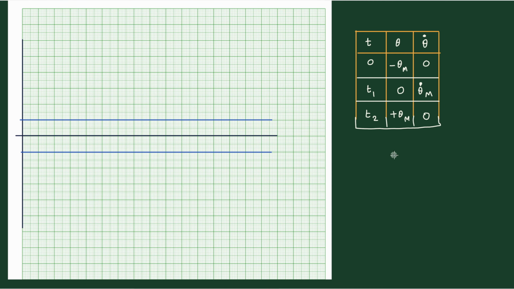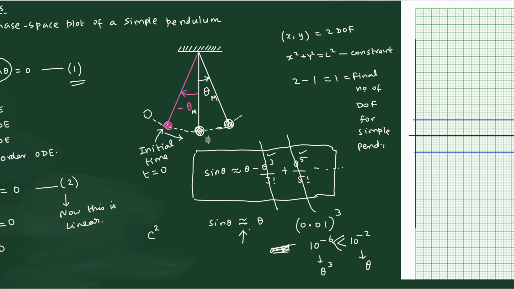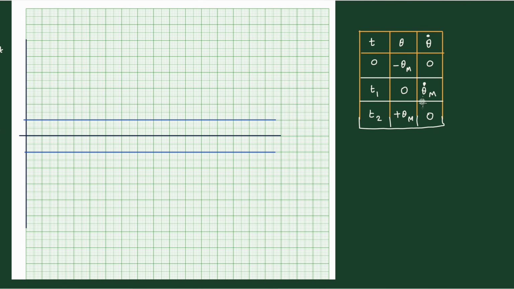How will the speed be 0? That's quite simple. You only have to refresh by looking at this particular point. When the bob is coming like this, in this direction, and then reaches the theta maximum place, it will momentarily stop there. Temporarily, it will stop there for a fraction of a second and then return back like this. That is clear, right? At that momentary time when it reaches the maximum angle, the speed is 0. It is neither going in the positive direction nor returning back. That kind of momentary snapshot. At that time, this is 0. So that's what we have written here.